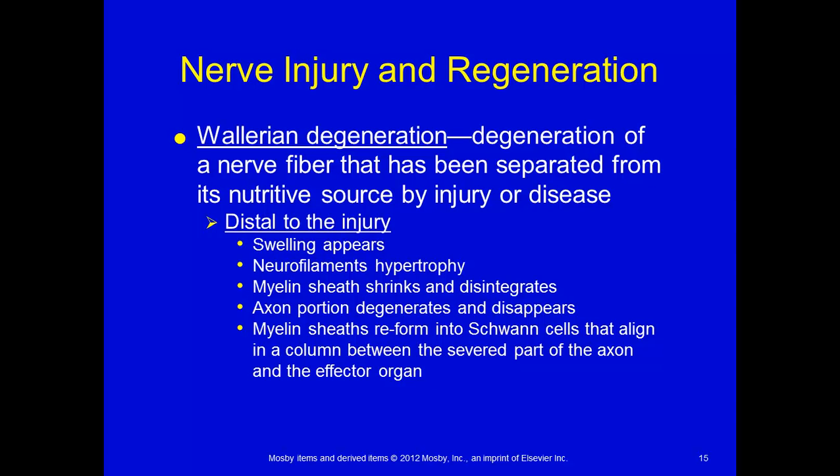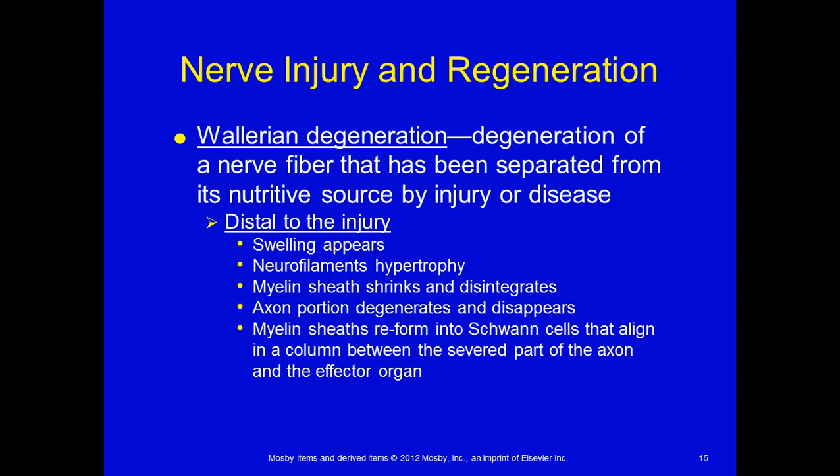Now, interestingly though, the myelin sheath can reform through its Schwann cells, through its cell membranes, right? And the Schwann cells can align in a column between the severed part of the axon and whatever organ it's affecting. So let's say this is the tips of the finger, right? Here's the muscles in the tips of the finger. In this area between the actual axon injury and the effector muscle that it's trying to affect, even though let's say this axon's completely gone, it's been degenerated, Schwann cells can realign